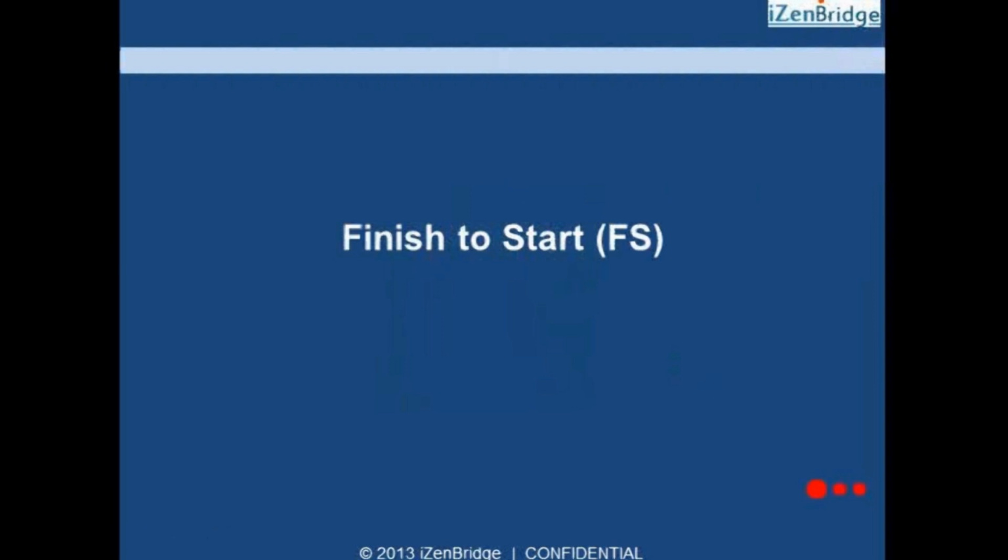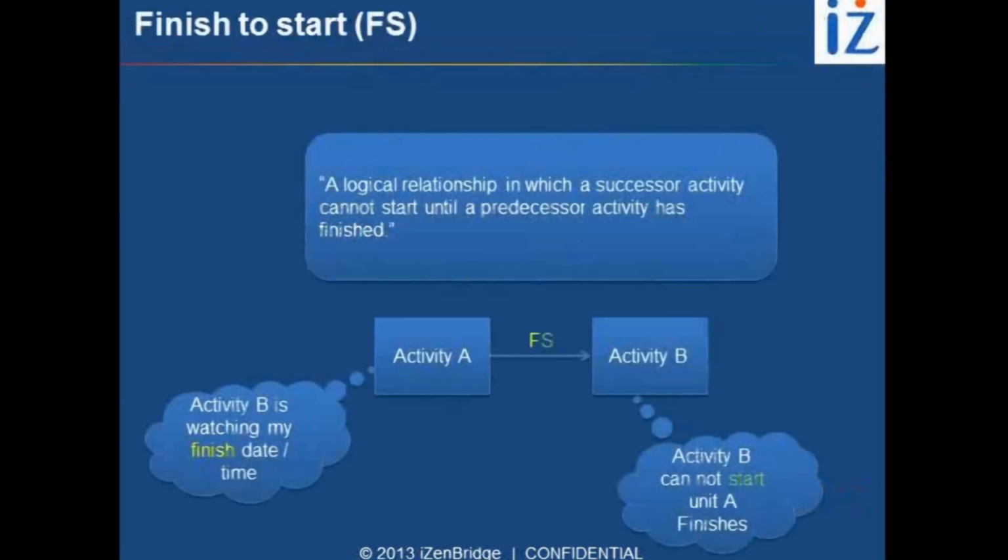Now let's look at the simplest, easy to understand, frequently seen relationship, which is called finish to start. Whenever we think of relationship, by default, finish to start is the relationship which comes to our mind. It is FS. What does it mean? The finishing of the independent activity triggers the starting of the dependent activity. So it is clear, F and S.